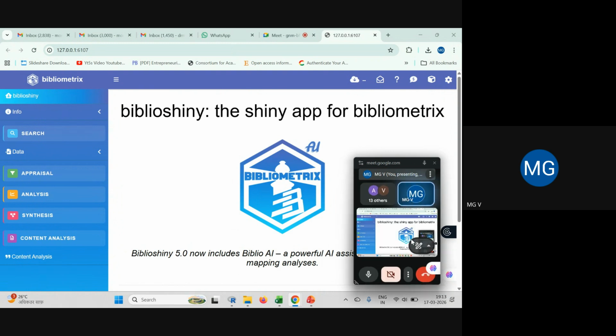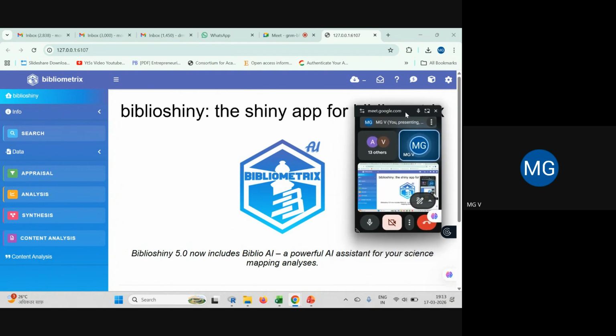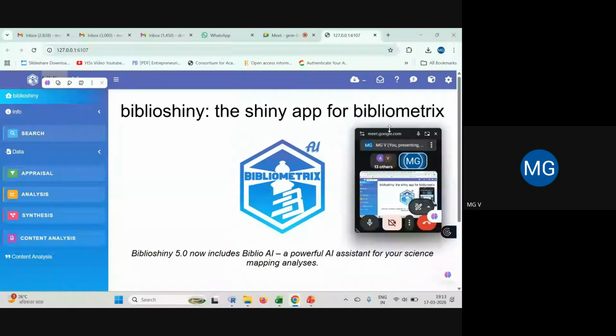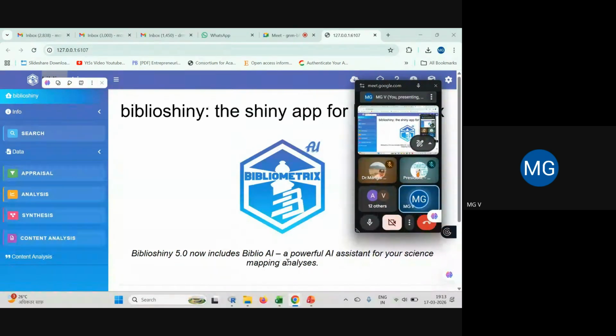Right? So let me explain how to use it. It's highly user-friendly, very, very easy to use. Now see, Biblioshiny, the Shiny app for bibliometrics. We are using Biblioshiny 5.0, which now includes Biblio AI.